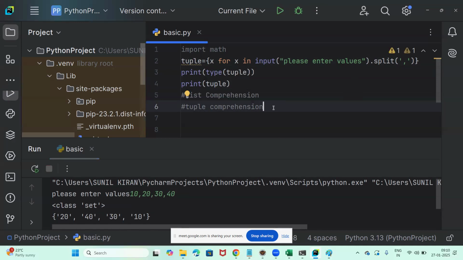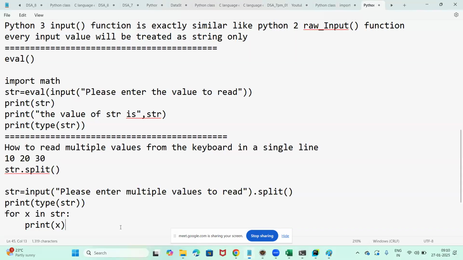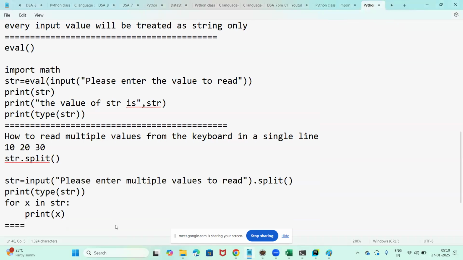If you're not mentioning anything in the split function, by default it will take the space. If you want to separate on a special character, you need to mention that character in the split function. Right, guys. Suppose this is the values I'm entering, and this is the set which I'm getting. Now my requirement is,